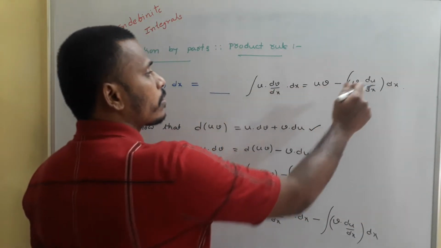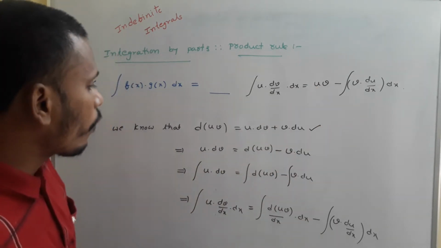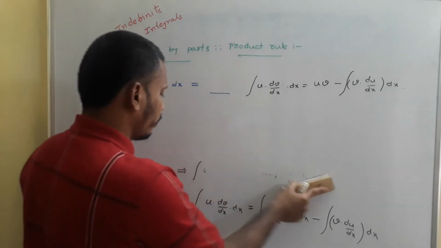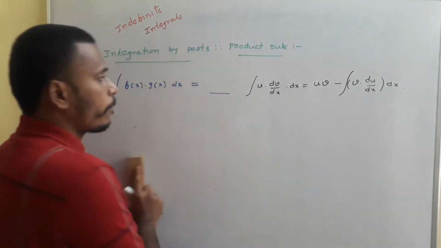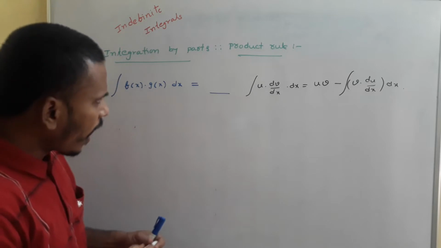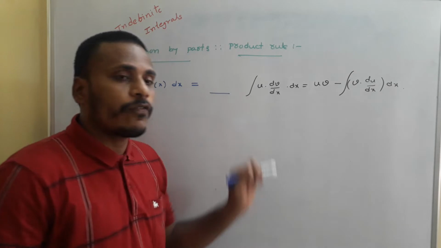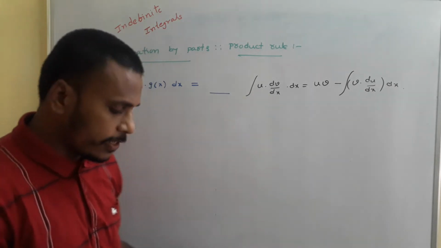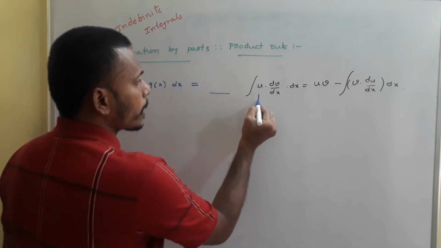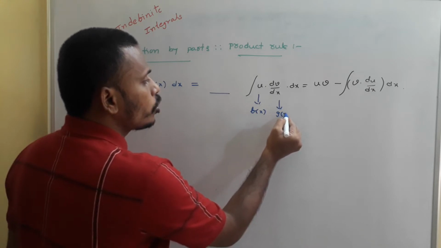And now just observe this. We are going to convert it into the integral of f of x into g of x dx. I am going to erase this. You just have a look now. See u and dv by dx. As we are mentioning f of x and g of x, but already here there are two different functions, just like u and dv by dx. So we need to treat this u as some f of x and this dv by dx as some g of x.